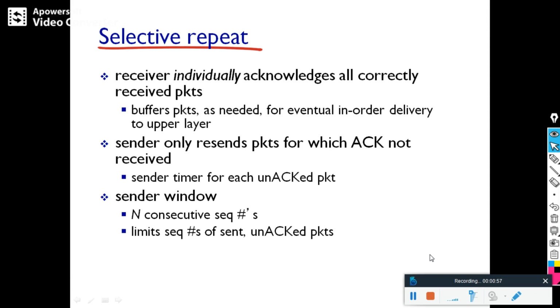this GBN also suffers from some performance problems, particularly when the window size and the bandwidth-delay product are both large. I repeat, when both are large, many packets can be in the pipeline without being acknowledged. So a single packet error can cause GBN to retransmit a large number of packets, which unnecessarily increases the bandwidth usage and leads to many problems. So what is the solution for this one? The solution is